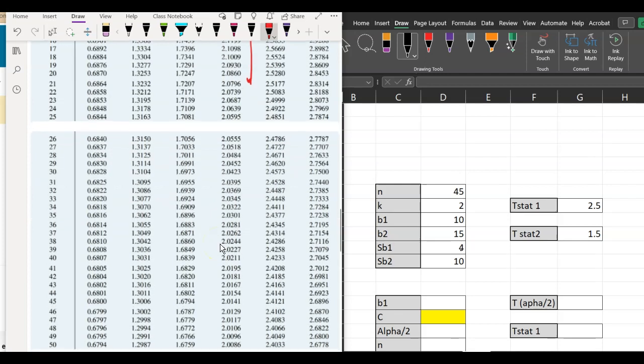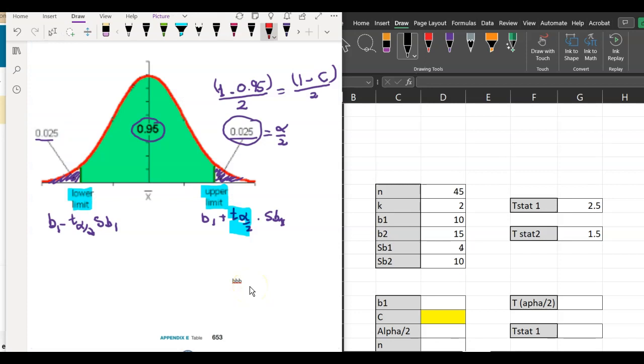Okay, 42 is right here, so we can go horizontally, and the value we are looking for is just right here, 2.0181. Okay, going back to the chart, so this is 2.0181. The SB1 is 4 here, sorry,